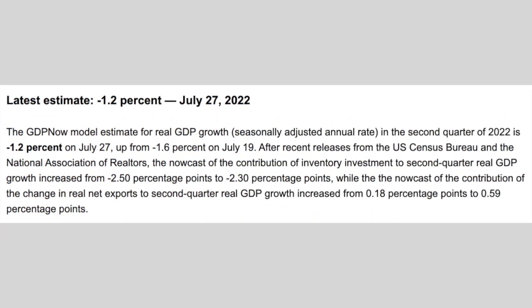But the final prediction from the Atlanta Fed's GDPNow tool came in the day before at negative 1.2%. Now, the accuracy of the Atlanta Fed tool is also backed up by them. They acknowledge that they do have a margin for error on any of the figures they're producing, which generally tends to be within 0.84% of the quoted figure.